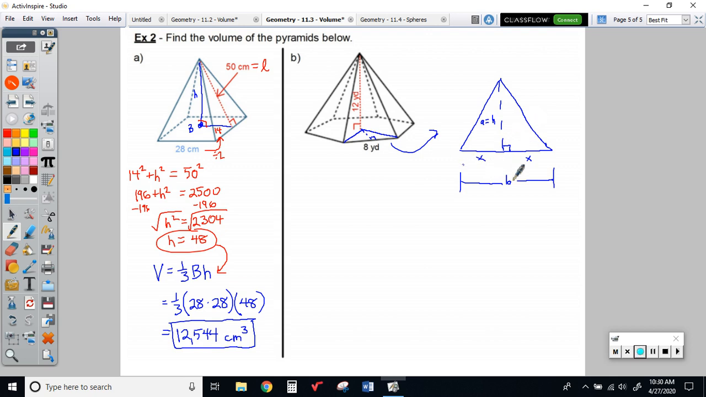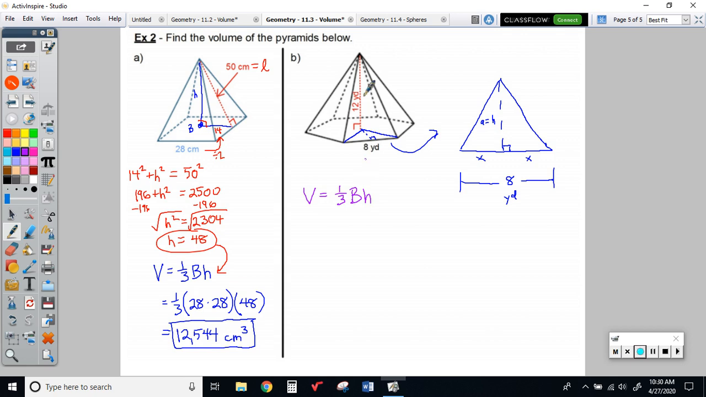So we know that b is 8, so I'm going to replace b with 8. I'm told that information here. I feel like I did not do a good job of giving you the big picture of this. Where are we going with all this? The volume of this is 1/3